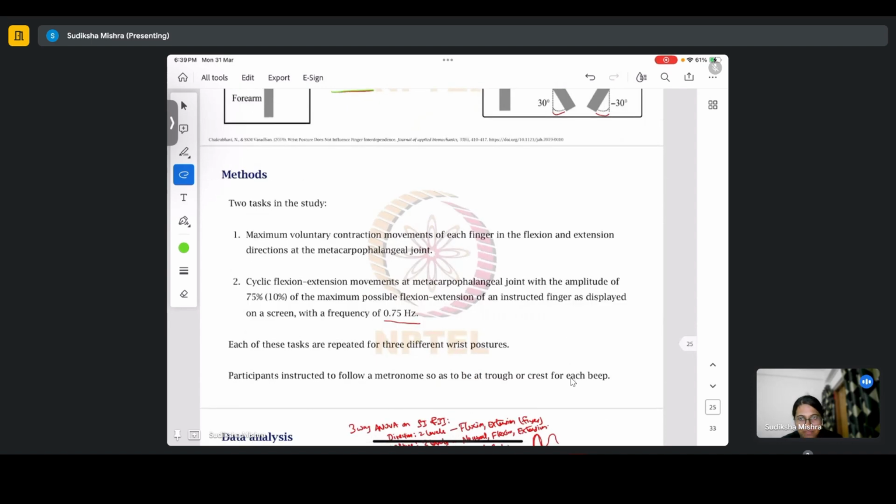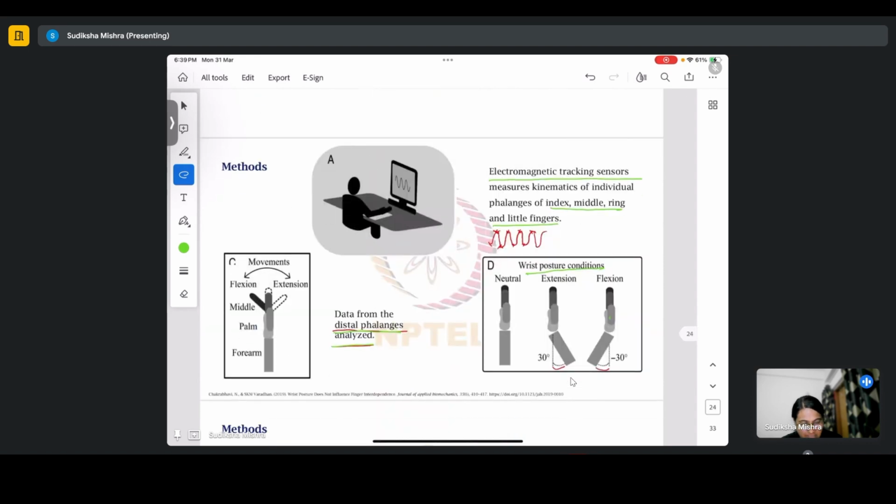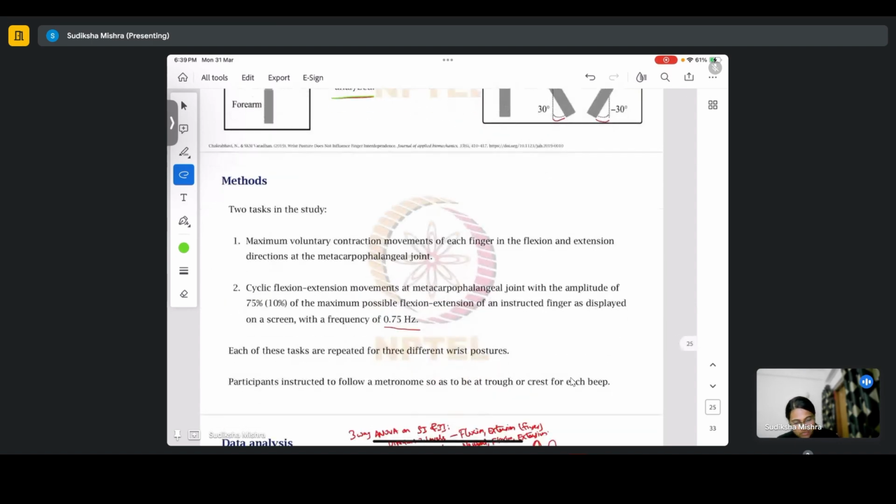So essentially, the movement was observed, and the movement was performed either at the draw or the top of the hill or at the bottom of the hill. So there were two tasks in that study: